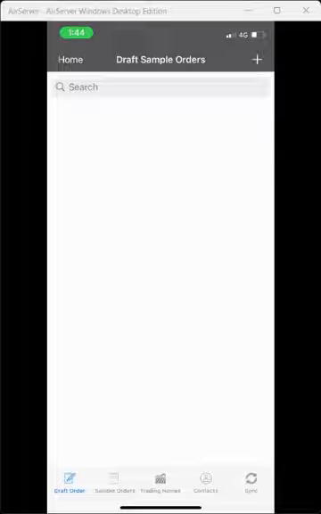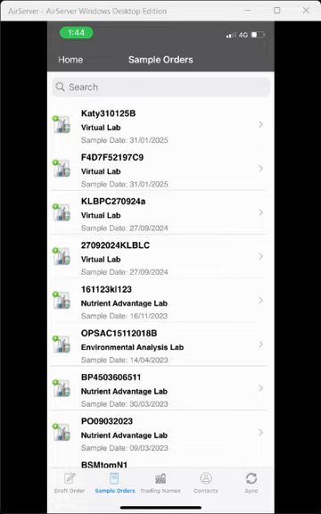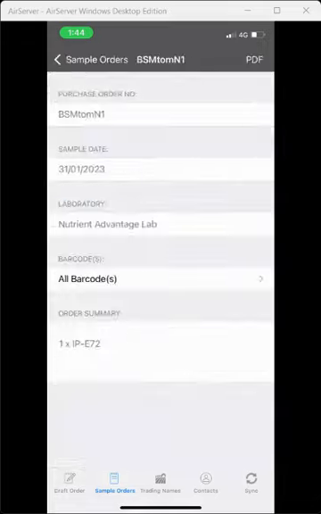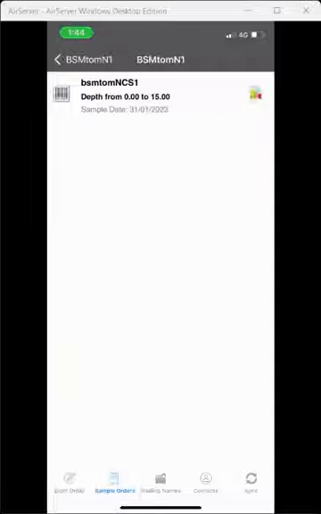Once we're in, we can either go through our purchase order number and navigate to our sample results that way, or you can work through trading names, whatever is easier. In my case, I'm going to touch on sample orders and then I'm going to touch on the purchase order related to my new results. So I'll touch on that purchase order number and then I'm going to touch on all barcodes to see the